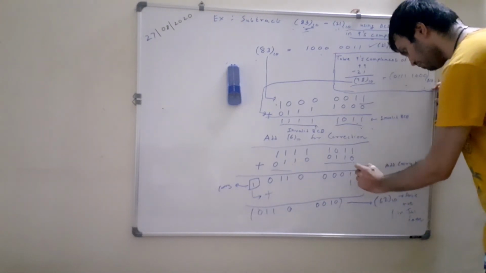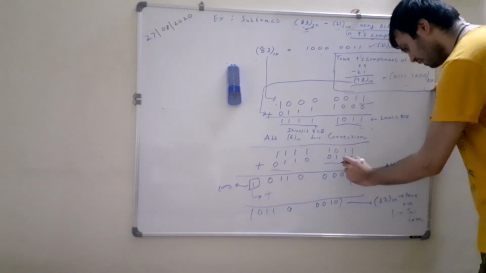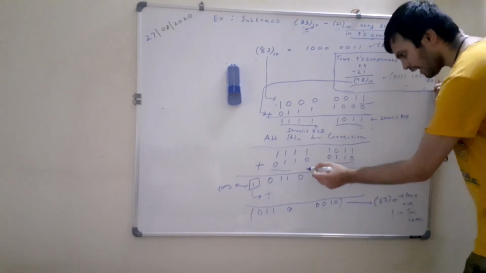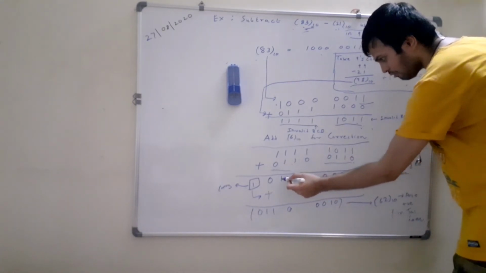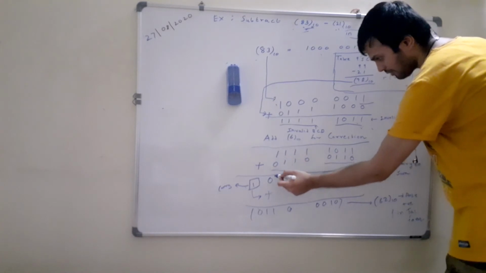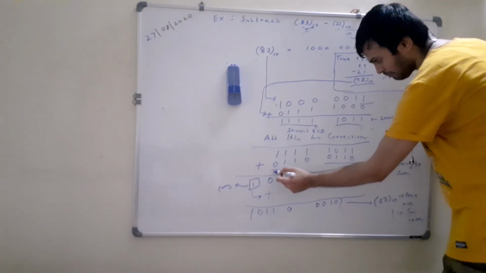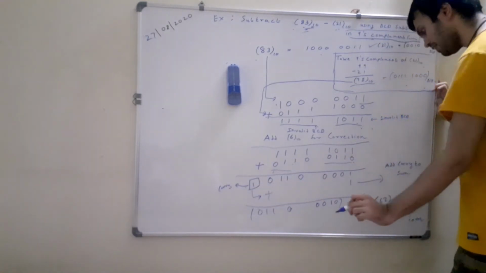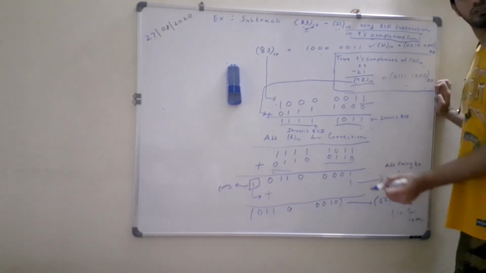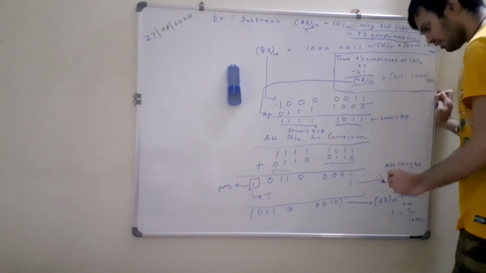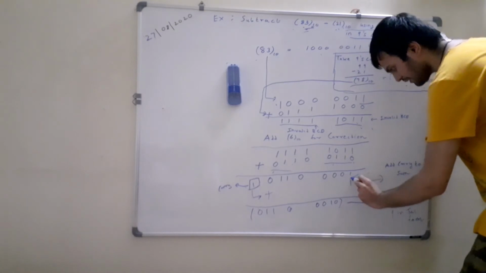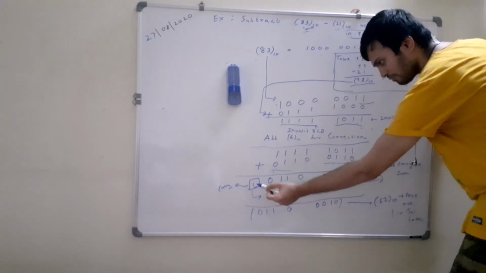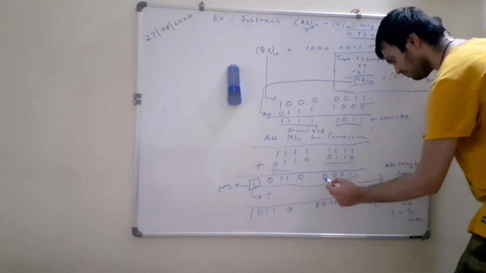We get 1 plus 0, that is 1, 1 plus 1 is 0, then 1 plus 1 again 0, 0, 0, 0, 1, and then again a carry is generated over here, so 1 plus 1 is 0, 1, 1, and then again after 1 plus 1 here a carry 1 will be generated, so it will be 0, and a carry will be generated out of the MSB. So what is the result of this correction addition? After adding this correction, this is the result which we get, that is a carry generated out of MSB, that is 1, 0110 0001.